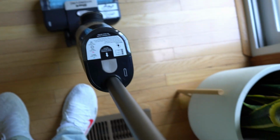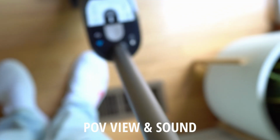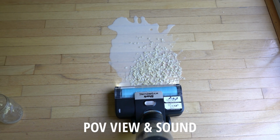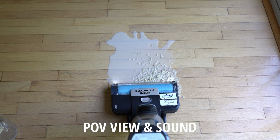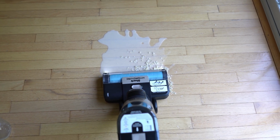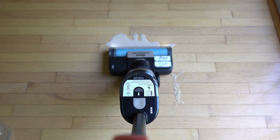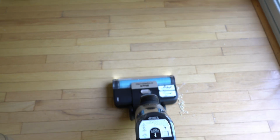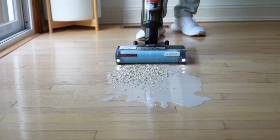First things first, we're just going to push our HydroVac back. I'm going to press the power button. We have our solution. So from the first time you turn it on, you're going to realize that it can pretty much pick up